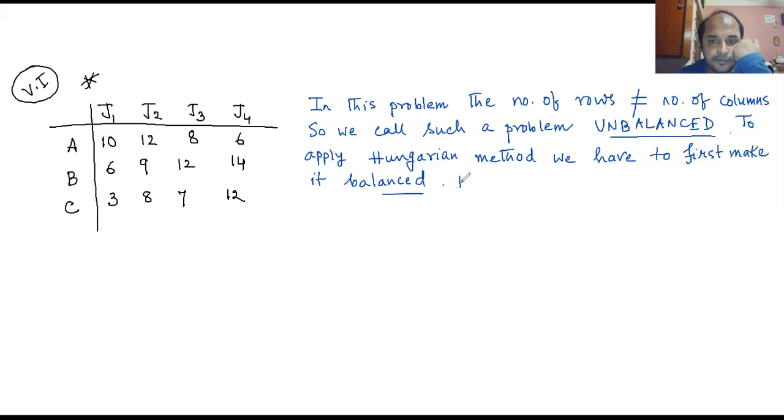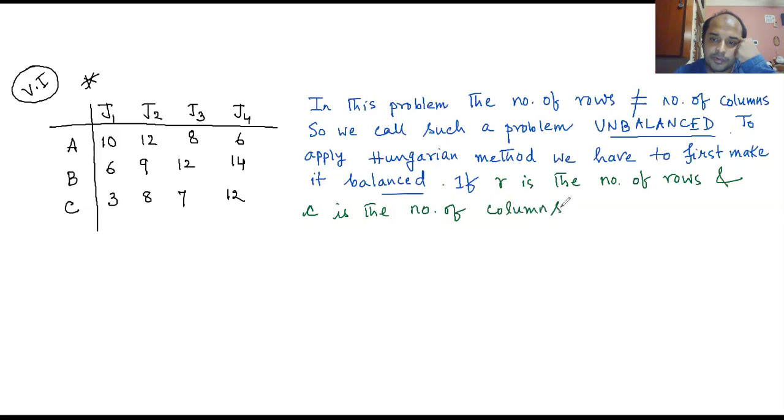Now, if small r is the number of rows and small c is the number of columns, and if r is less than c, if the number of rows is lesser than the number of columns, then what we do is that c minus r